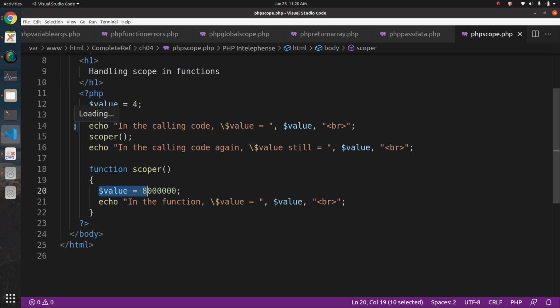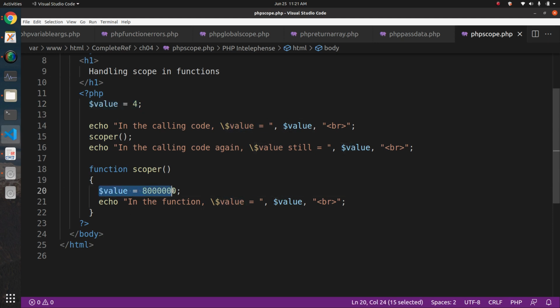within the scope, when you are accessing a variable within a block, then the local variable gets the preference. So for example, the value variable here is a local variable, and this one is a variable that is more global, in the sense that this variable can be accessed anywhere in the script. But since both variables have the same name, both variables are different in nature. This is local and this is global, and when you access some variable within a scope, then the local variable gets the preference.